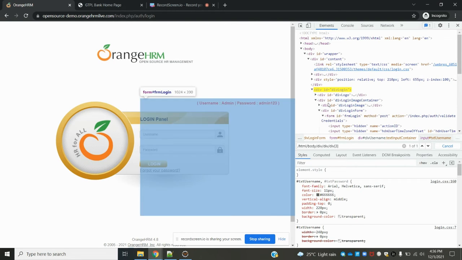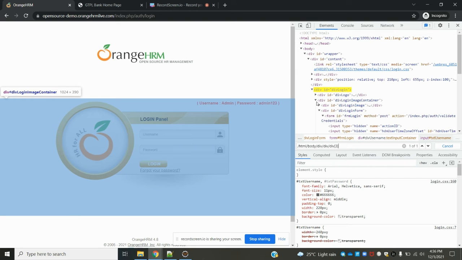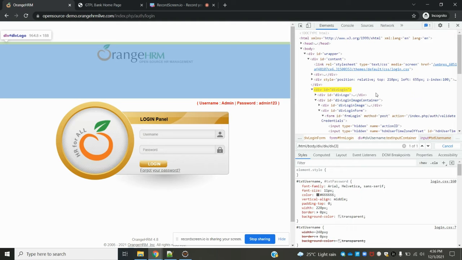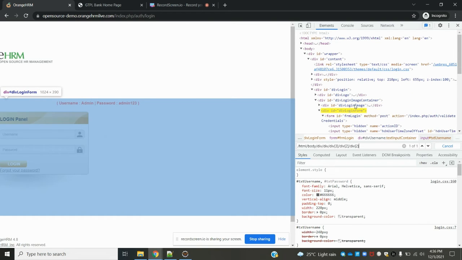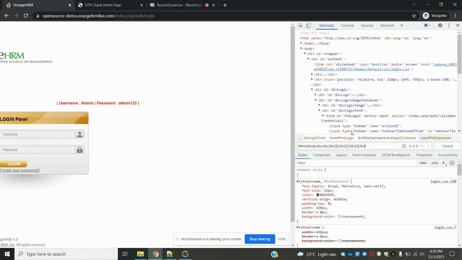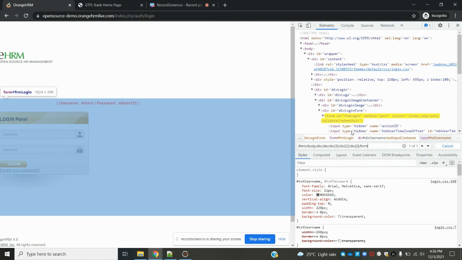Again, div 2 means inside the div there are so many divs, and again we need to click the second div, means div 2. It is highlighted. Inside div 2 again a div is presented, correct? Again we need to provide the second div, div 2. Then inside the div we have a form.